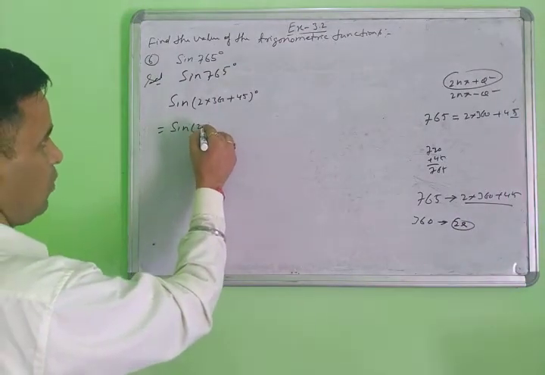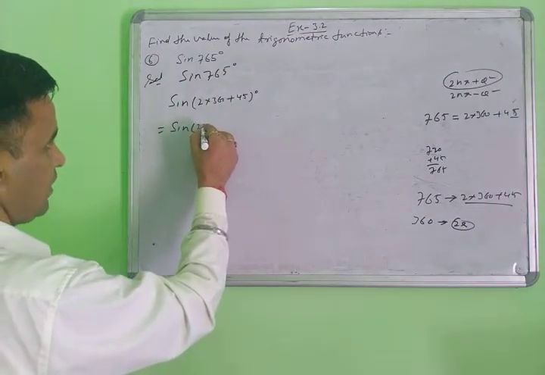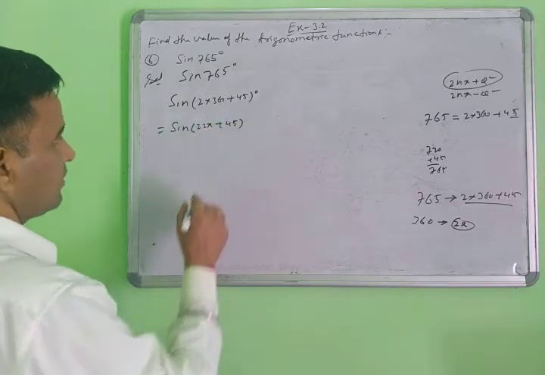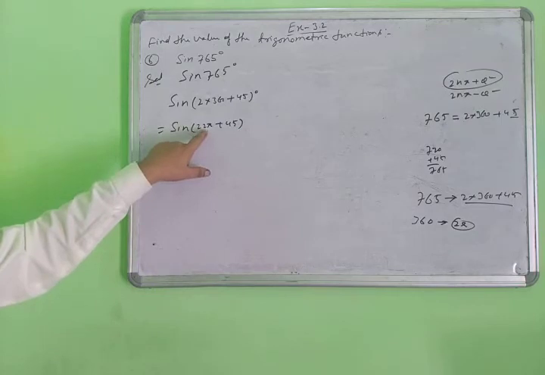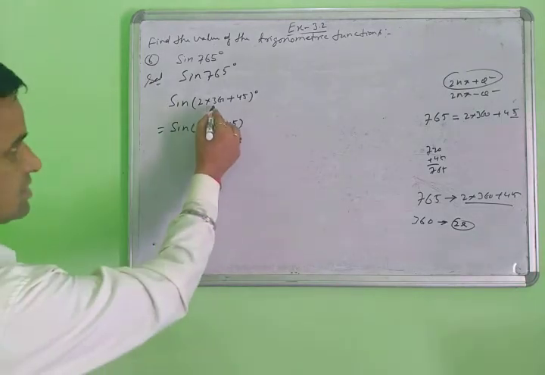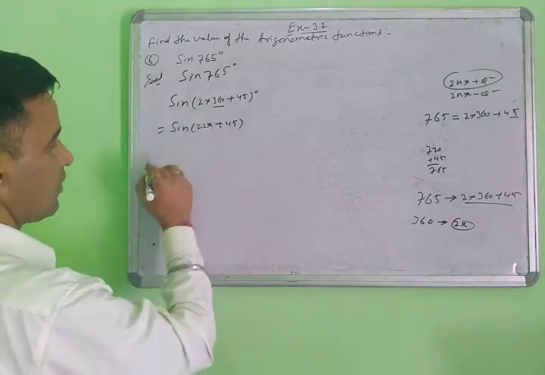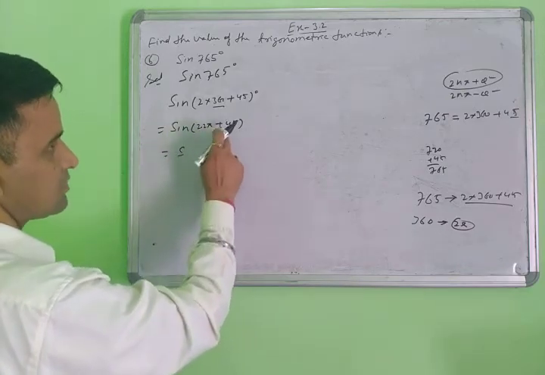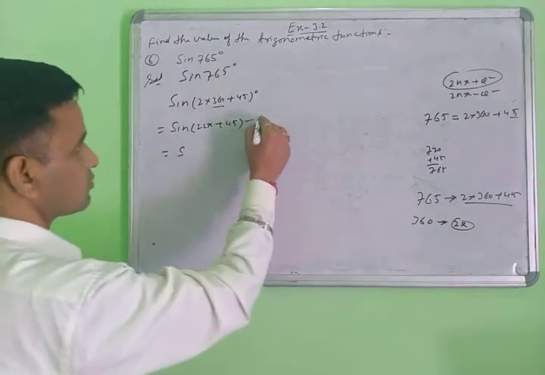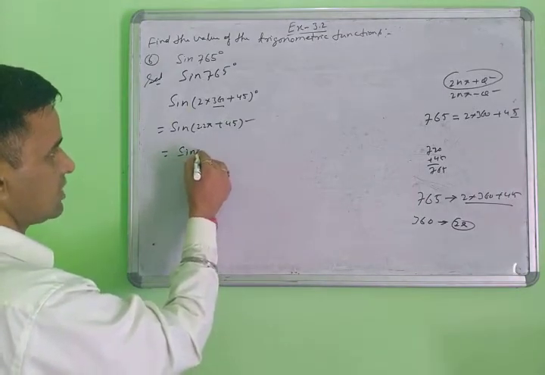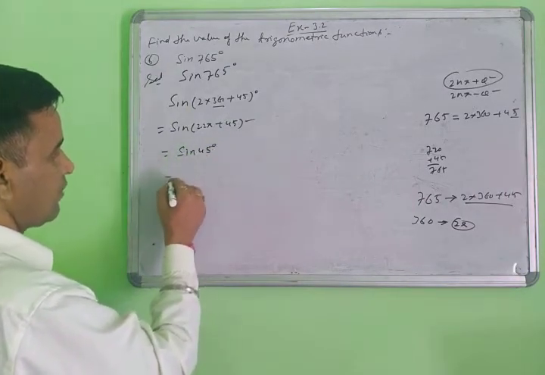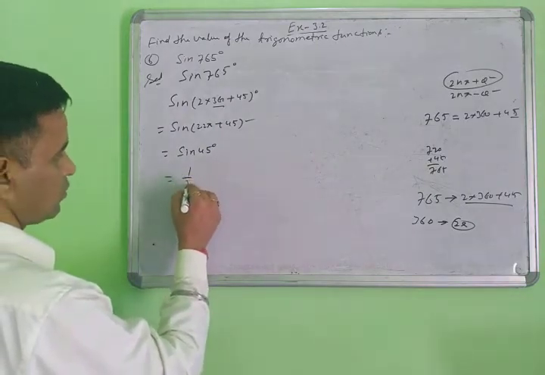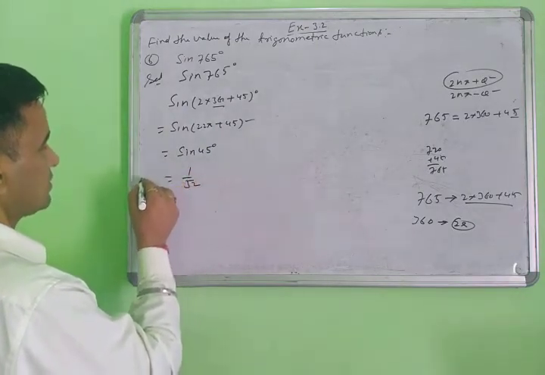So here 2 n pi, the 2 pi, plus 45. Here 360 converts to 2 pi, so it is 2 n pi. The angle goes in the first quadrant, and sine in the first quadrant is positive. Sin 45 degree: what is the value of sin 45? The value of sin 45 is equal to 1 by root 2. This is the value of sin